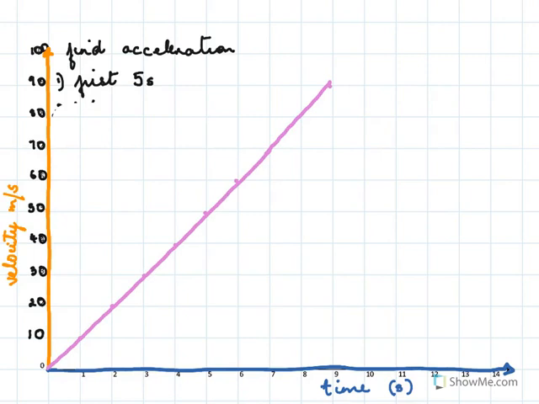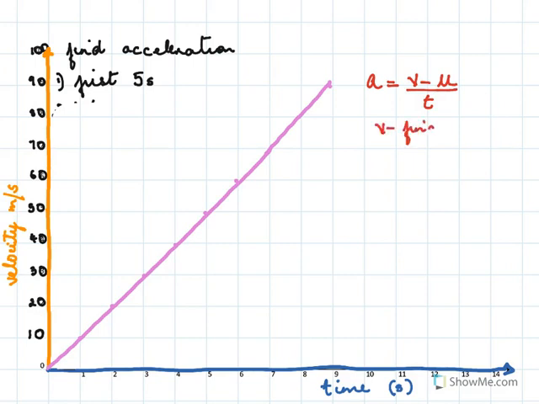We already know that this is the graph of a body with changing velocity. The velocity keeps changing and increasing. So if the velocity is increasing or changing, there is acceleration. Let us find the acceleration in the first 5 seconds. Now what is the formula for acceleration? We know a equal to v minus u over t, where v is